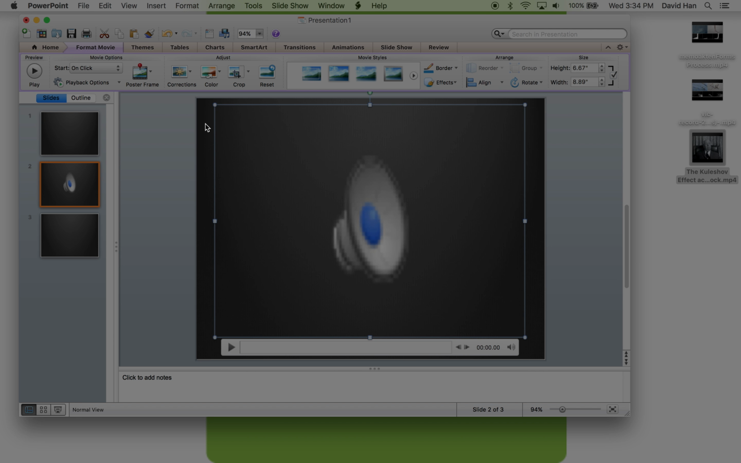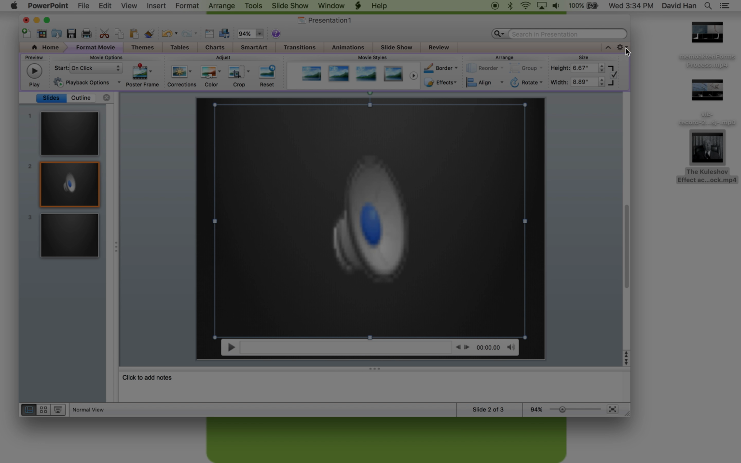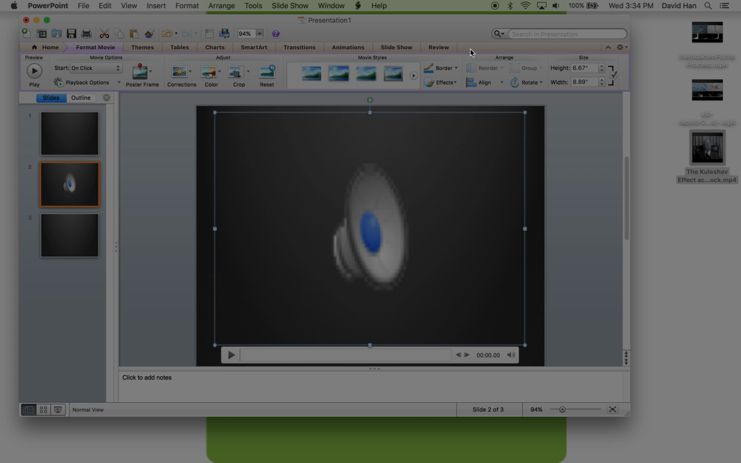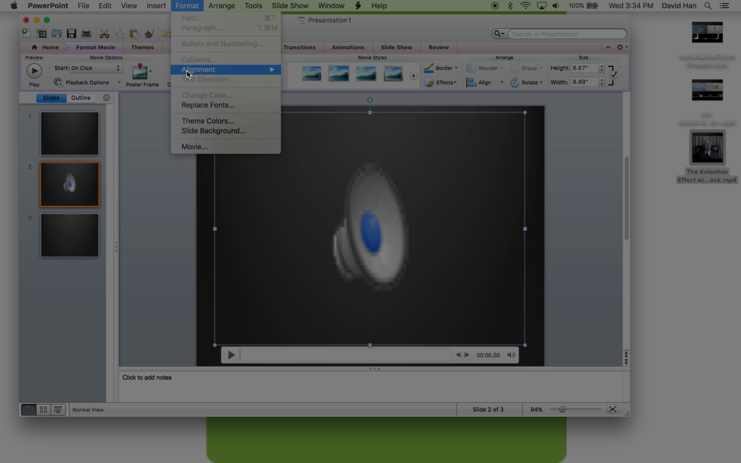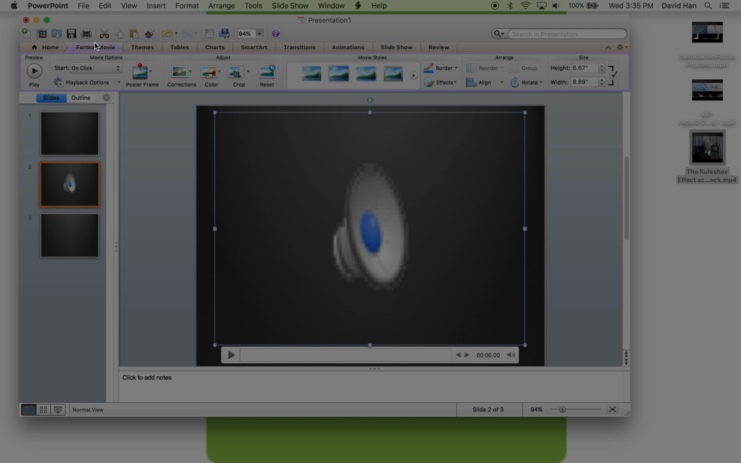Now the options by default here, at least on this version of PowerPoint, can be found under the Format Movie tab here. If you don't have this ribbon, you can probably just press this button here to pop these options down. But these are also under the Format Movie window. Okay, so under Format Movie in the Movie Options section here, you can see that we're setting this to